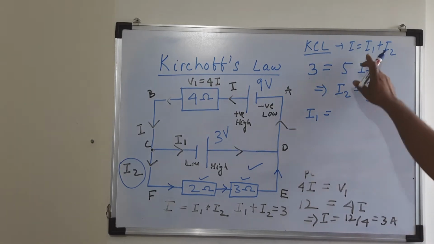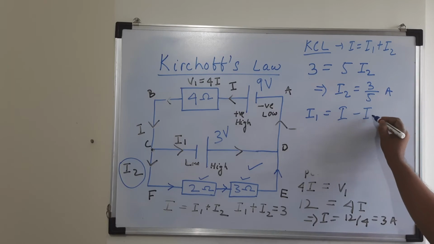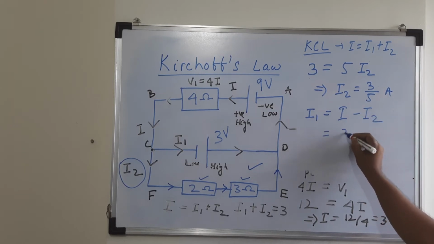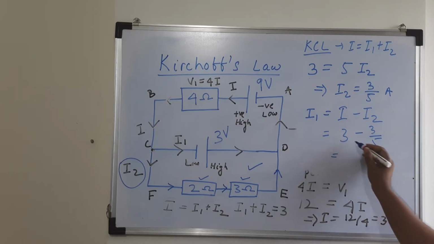So we can write I1 is equal to I minus I2. So I minus I2, you have already obtained the I value. So 3 ampere minus 3 by 5 ampere. So you write this, we got